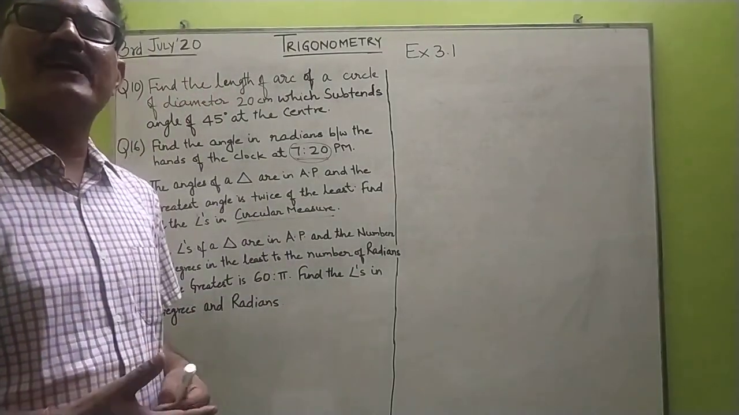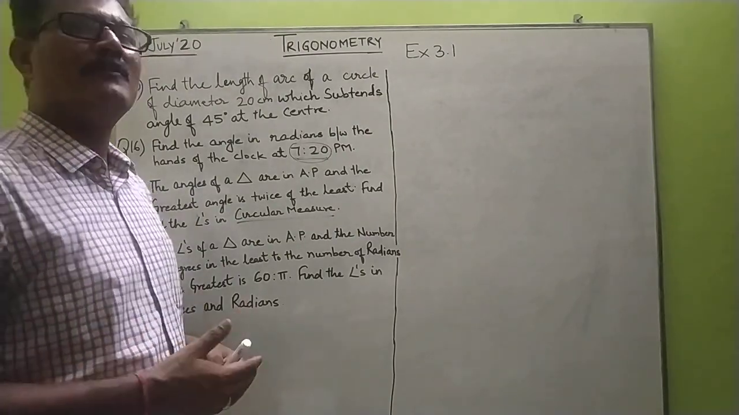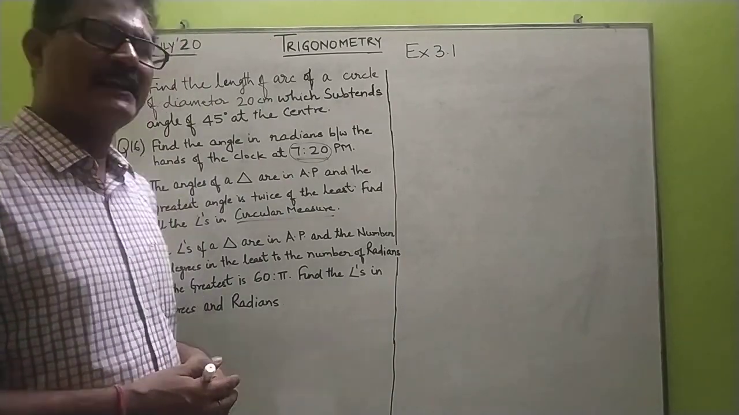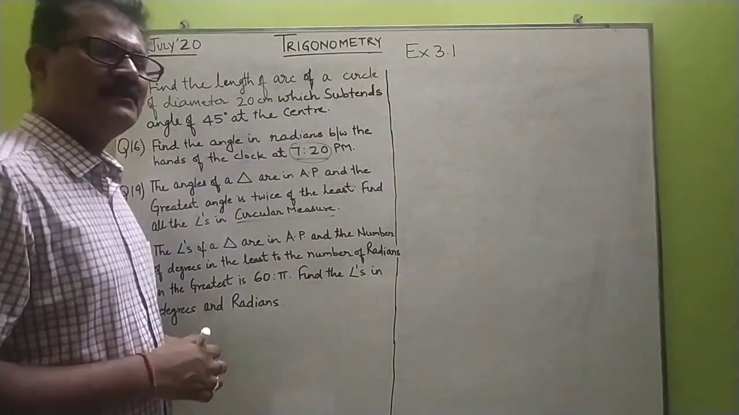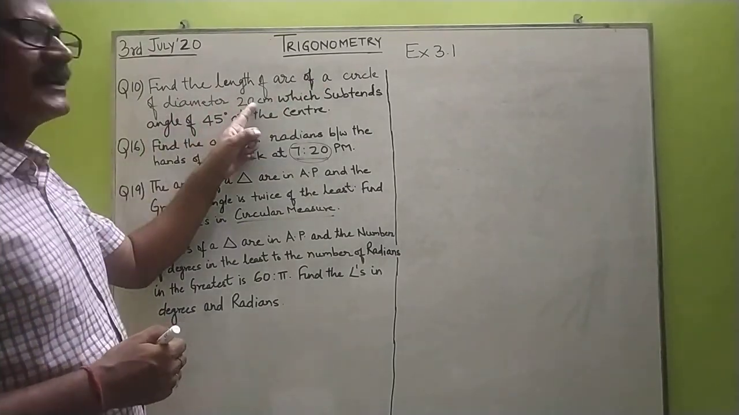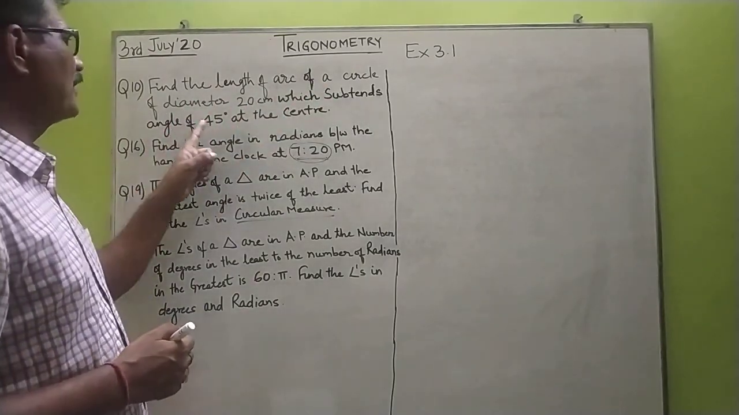Today we will continue from where we left yesterday, and we shall be doing some more numericals associated with the understanding that we have done yesterday. Exercise 3.1, question number 10. Find the arc length of a circle of diameter 20 centimeter which subtends an angle of 45 degree at the